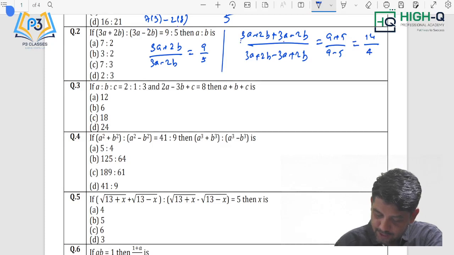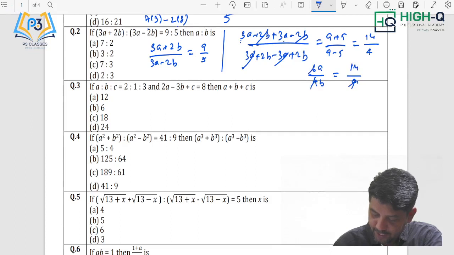When you add, 6a by 4b equals 14 by 4. The 4s get cancelled, 3 2s are 6, 7 2s are 14. Bring this 3 here. So a by b is equal to 7 by 3, which is our answer, 7